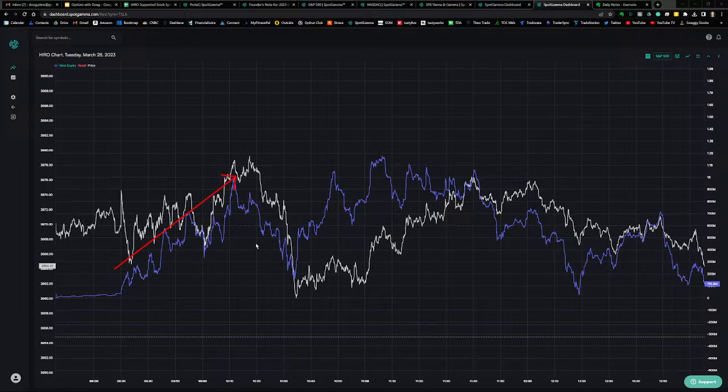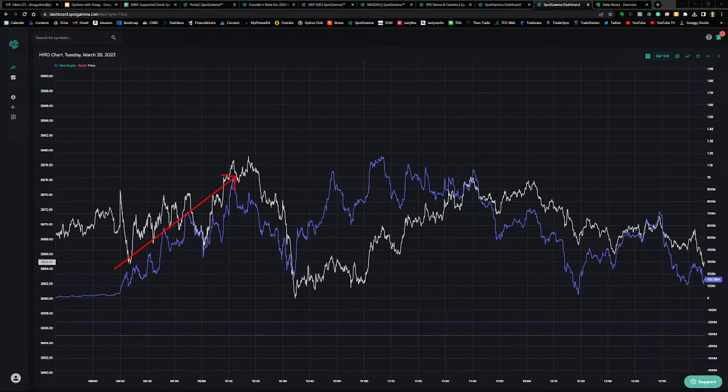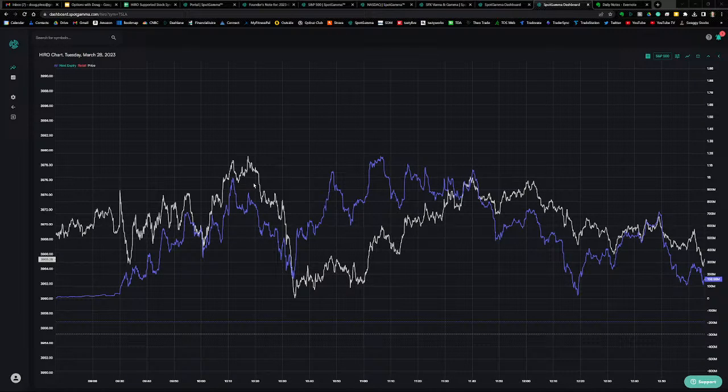So just in general terms, they are buying calls and or selling puts, most likely buying calls and buying puts, but the call buyers are winning in the morning, and price moves higher as HERO moves higher. So that was the first setup right after the open with a rising HERO, and then here was the first divergence setup.